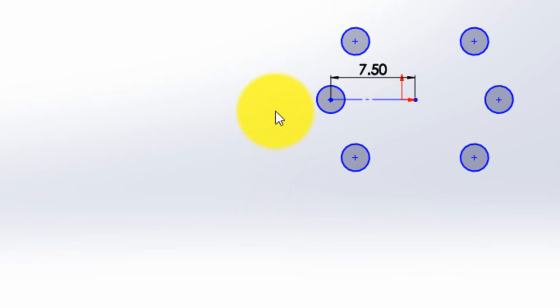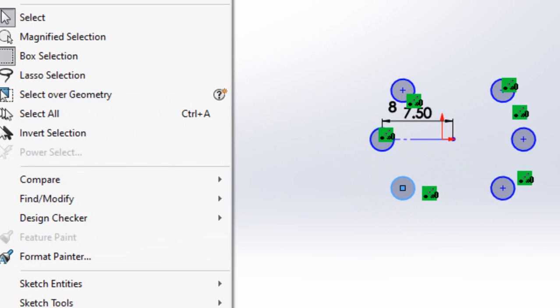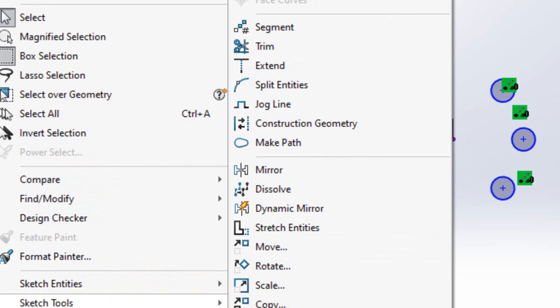Same as the linear pattern, if you want to edit this circular pattern, we don't have any option over here. Simply select one of the pattern members, go to Tools, go to Sketch Tools, and select Edit Circular Pattern,